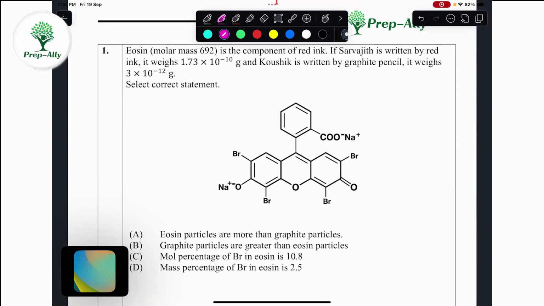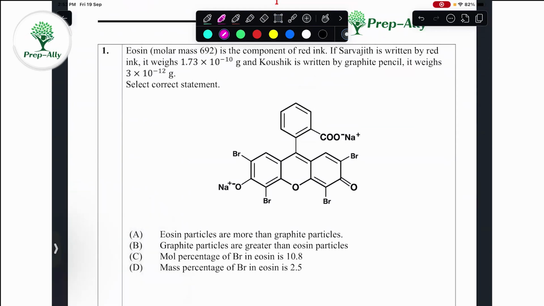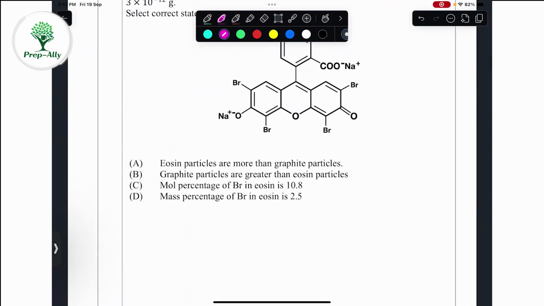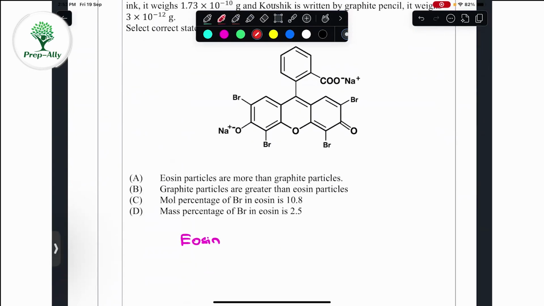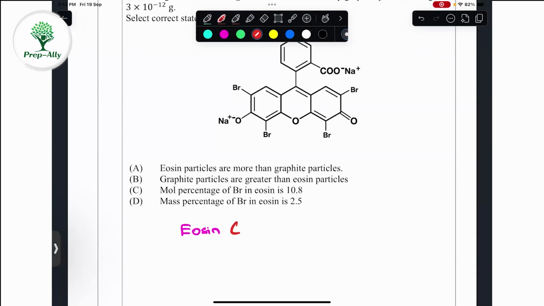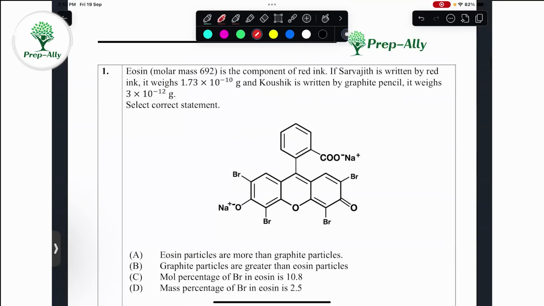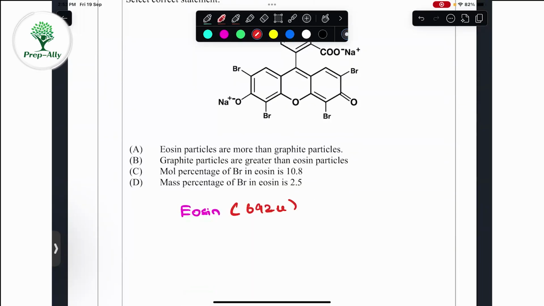Okay, in the first question, they have given us eosin. I have one molecule of eosin, and the weight of that one molecule of eosin is going to be 692 u, or 1 mole of eosin will weigh 692 gram per 1 mole. Anyway,